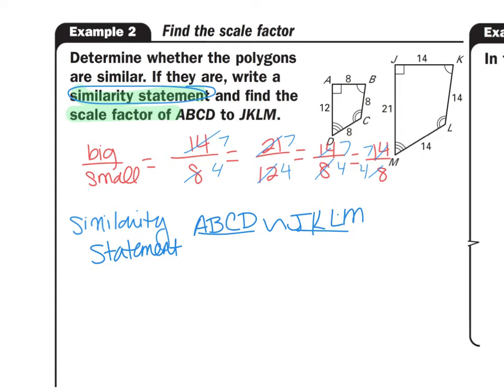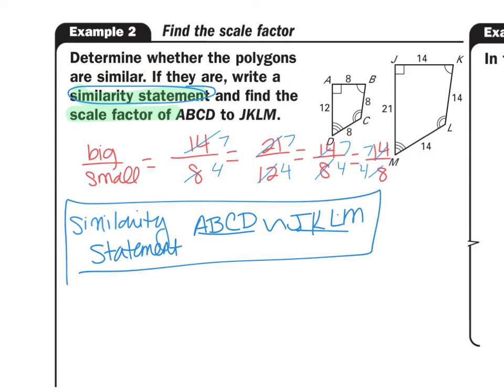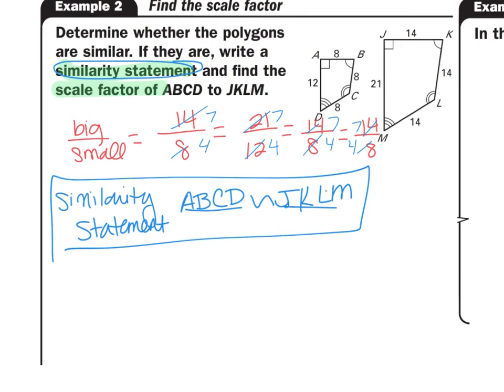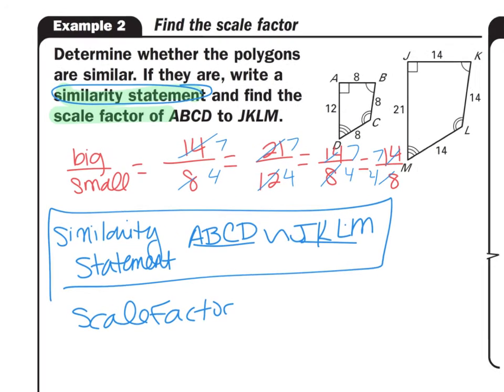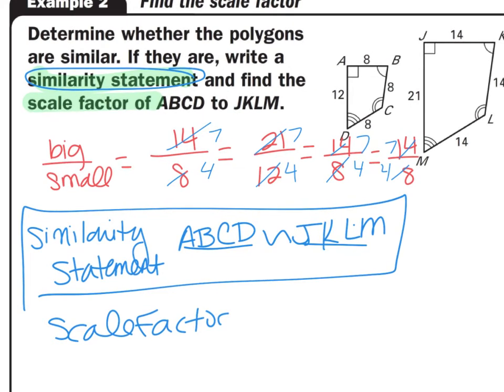So notice the order does matter. You can have them in a different order as long as the A and J are in the same place, the B and K are in the same place, C and L, and D and M. Okay, so that is your similarity statement. Now we get to do the scale factor. So they ask for the scale factor a certain way. So the scale factor on this one is the figure ABC, which is the small, to JKLM, which is the